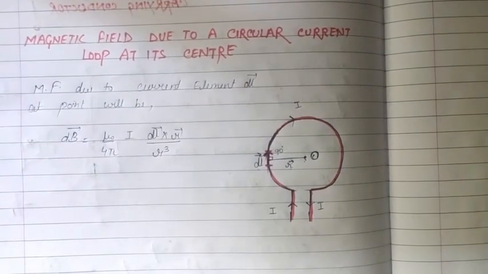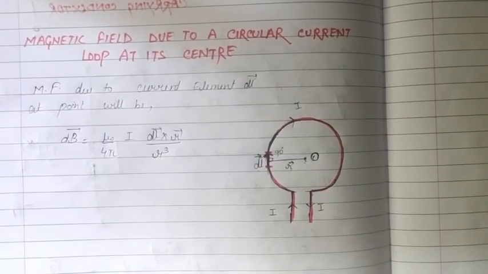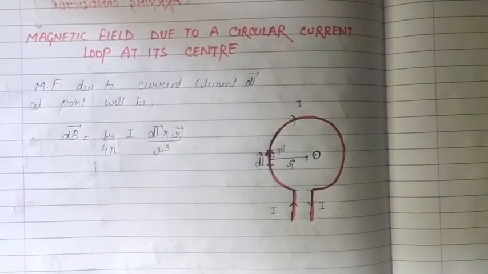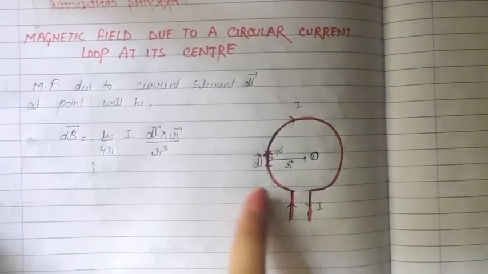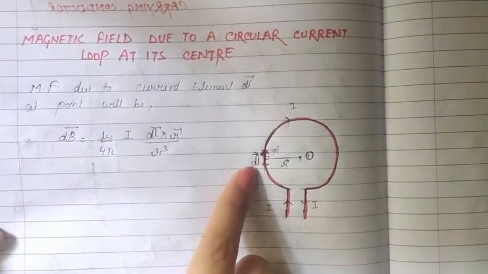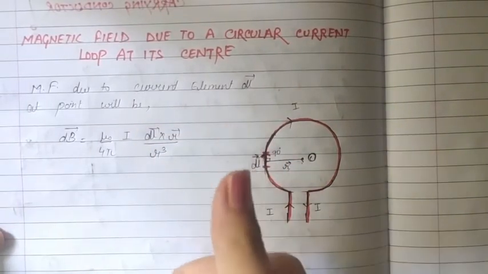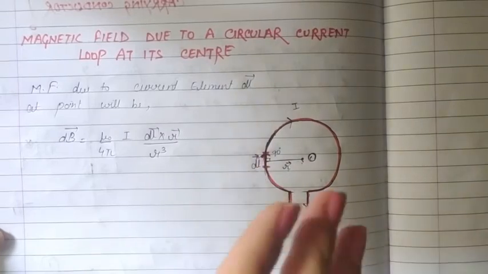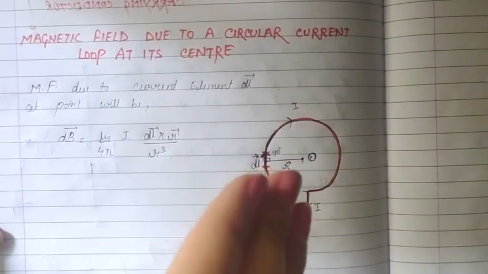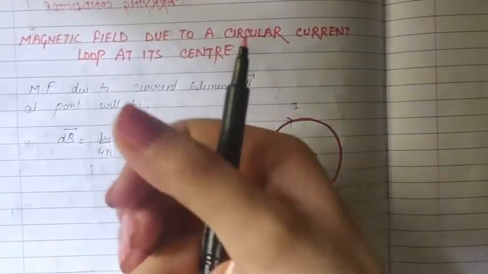Now since this is a vector quantity, let's talk about its direction here only. According to the right hand thumb rule, if I want to find the direction of this magnetic field at point O, it will be like this. How will we find it? I will consider that I have gripped this element with my right hand like this and the current is flowing in this direction. Thumb is pointing in the direction of the current and it is gripping like this. I am gripping this current element with my right hand like this. Then these fingers go inside the paper at point O, right? It is like this, going inside the paper at point O.